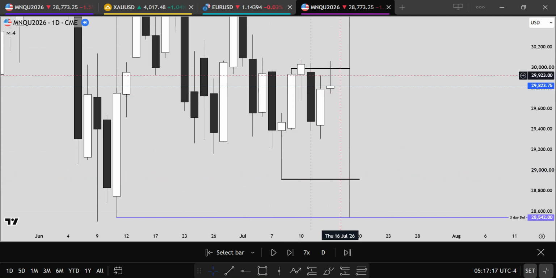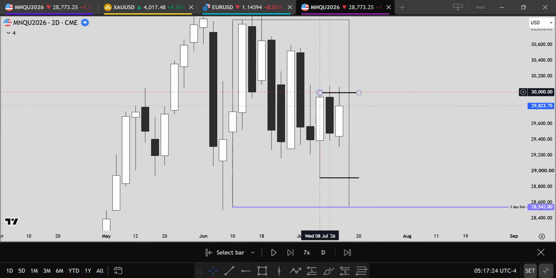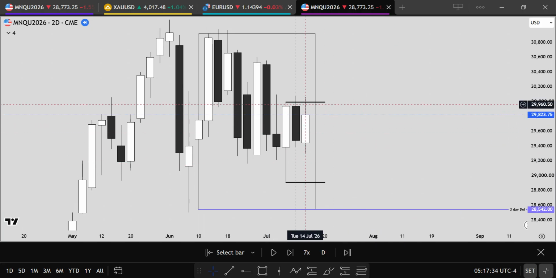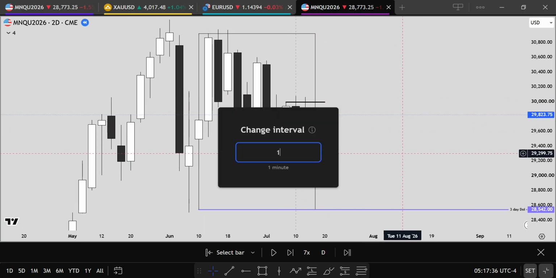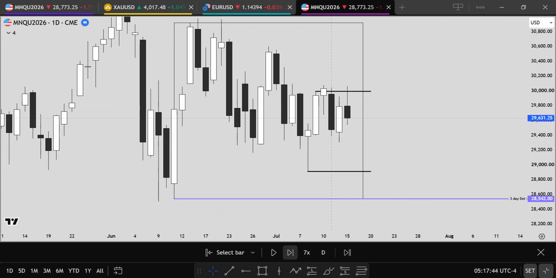This is the 2-day range activated. This is the 2-day high and 2-day low. If you forget about that, you can see this is the 2-day candle high. This is the 2-day candle low. This candle closed under the previous 2-day candle low. So still we have the range activated, right? This range fails when any daily candle closes above this range high, right? And you can see this candle went up, swept this candle's lows, and didn't break this high,